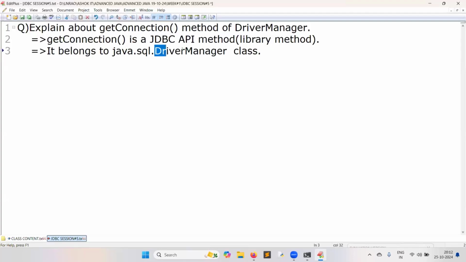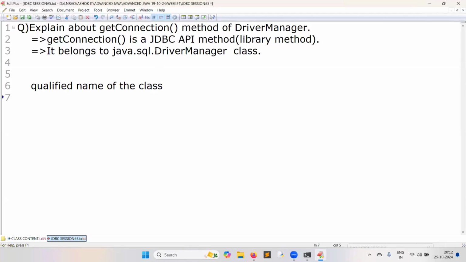Whenever we talk about a class name, I mention the package name. java.sql is a package. It may be too much for you, but one technical point I will tell you, try to digest: the qualified name of the class.